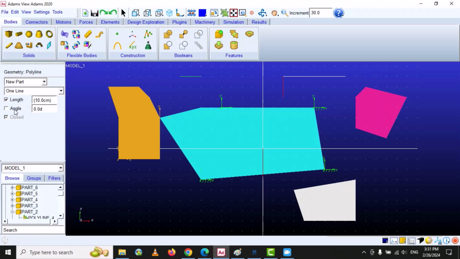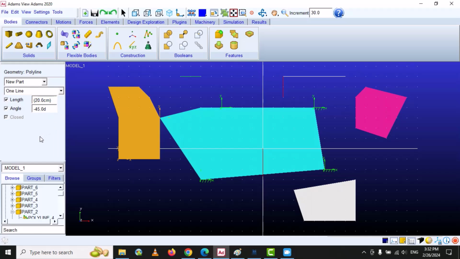And similarly you can draw the line at an angle like 45 degree. Let's suppose I type here 45 and 10 length. So here you can see that the angle is 45, and if I put minus 45, then it will be in reverse direction. The length is 10, and let's suppose I want to make it 20, so I will draw 20 centimeter. But here you can see it's yellow. It means that there is something wrong, so we have to put